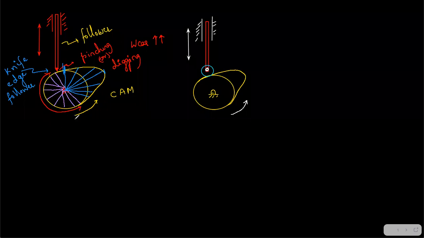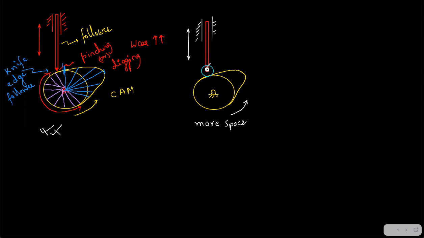So here the knife edge follower on this cam is not at all recommended. Okay, this is not at all recommended. We never recommend it to use in any mechanism. And this is the solution actually, but this is going to take more space. If you are trying to fix a roller follower, it's going to take more space. Why is it going to take more space? The reason is that, see, this pin over here is very small, right? Now whenever you transmit force from cam, it is going to be transmitted to the roller, right? From roller it is going to be transmitted to the pin, and from pin it is going to be transmitted to the red link, which is the follower.